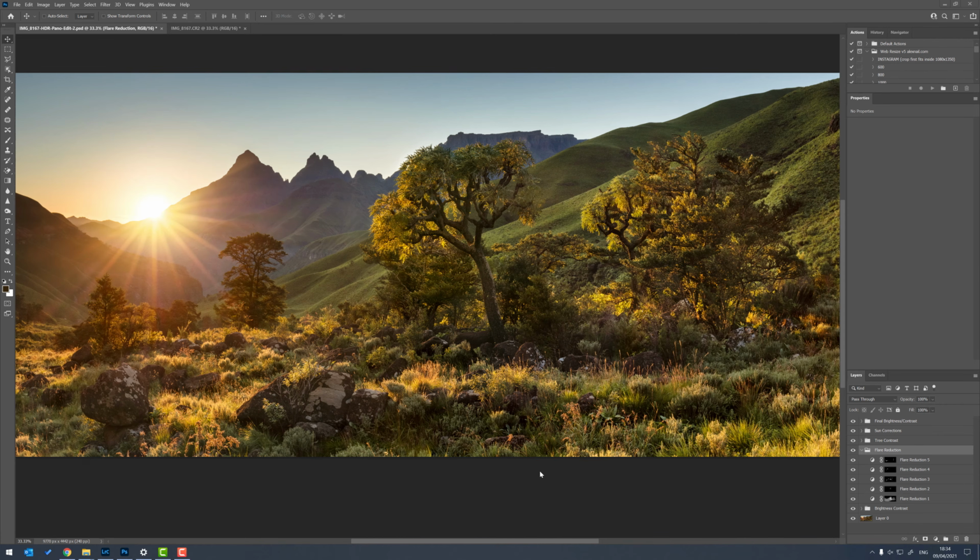But they are more advanced techniques, so please do make sure you either understand curves or otherwise watch my curves videos before watching this one so that you can really follow along with what I'm teaching you. So let's get started. For reference, this is the edited version of the image we're going to work on, and